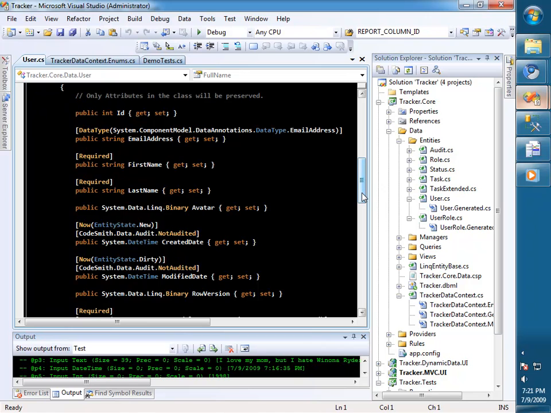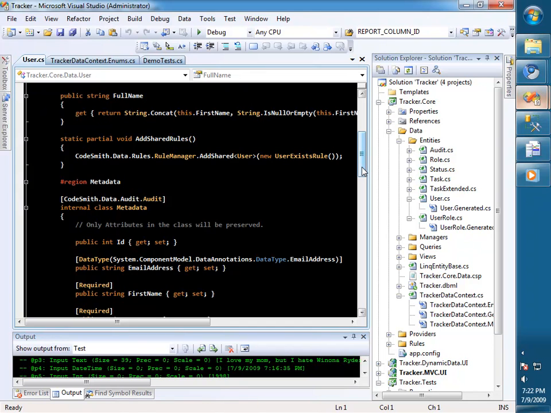And on created date, we set it to entitystate.new. That means that we only want that rule to run when the object has not been inserted into the database. Entitystate.dirty, obviously, I think, is when the object has been updated. Every time the object has been updated and we're wanting to submit changes again, then we want to update that value and set it to the current time. You see the required attributes that were generated by Plinqo. The now attribute was generated by Plinqo. If you'll move up a little bit,